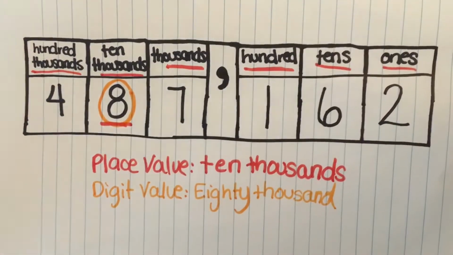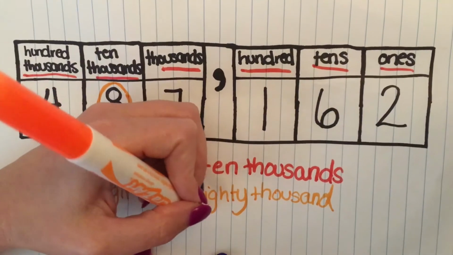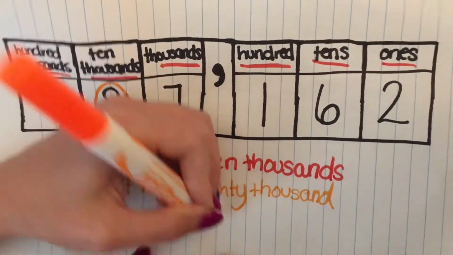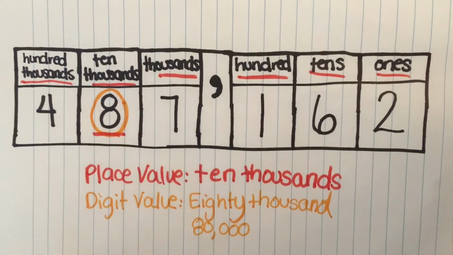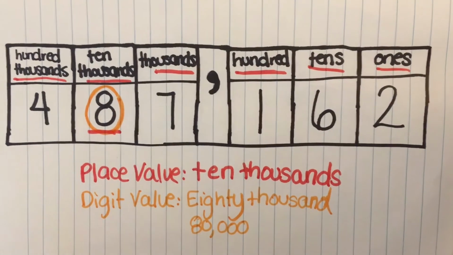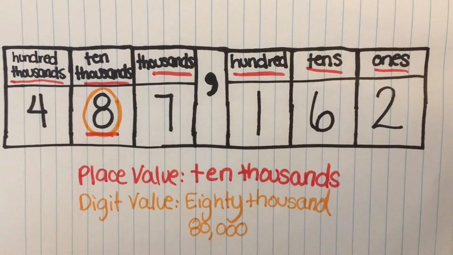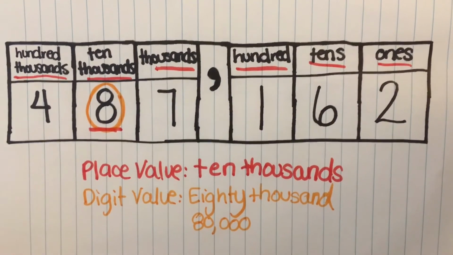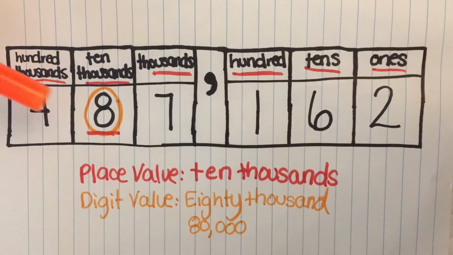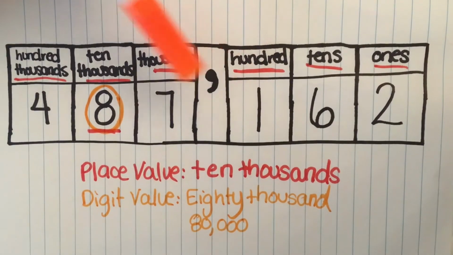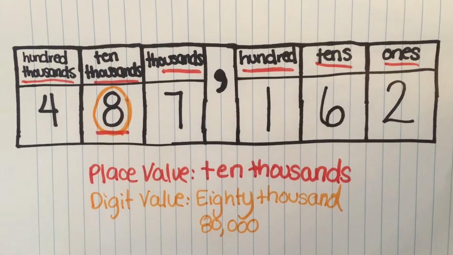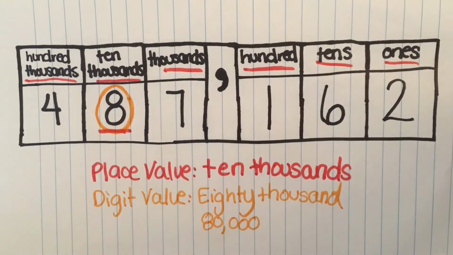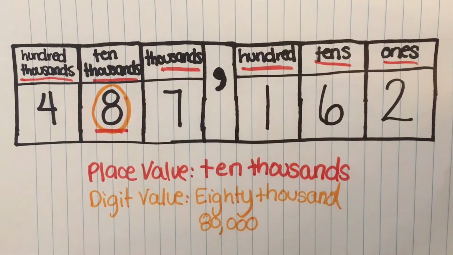Or in number form, which is what they'll most likely have to do, 80,000. Now, I prefer for students to really know and understand that particular aspect, 80,000, 400,000, 100, 7,000s. However, if you see them having difficulty and they're having a hard time getting that digit value,